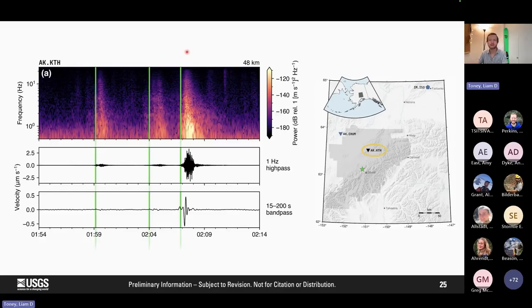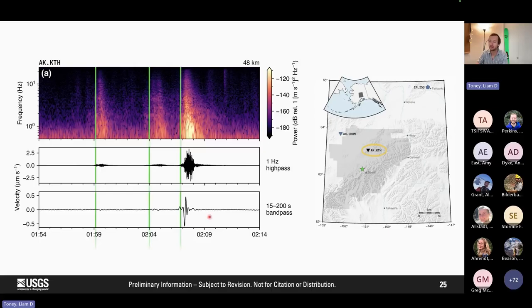So when I was examining the seismic data the day after the event, I pulled data from the closest seismometer, and this is what I saw. So we have time on the x-axis, and then we have three panels. The top is showing just the frequency content of the signal, and then we have the waveform filtered in two different frequency bands. And just to note that we obviously have this very large failure occurring at around 206